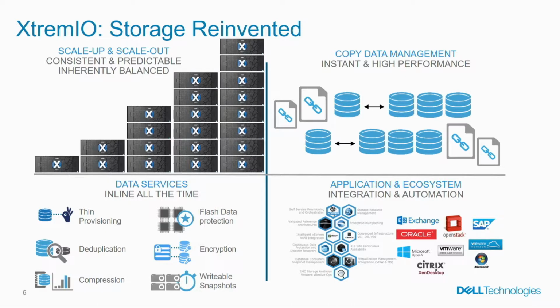In addition to that, data services: thin provisioning, deduplication, compression, encryption, and our flash data protection are all done inline as soon as the I/O is written to the storage array. So there's no post-process or background process, and this allows us to give great performance for the